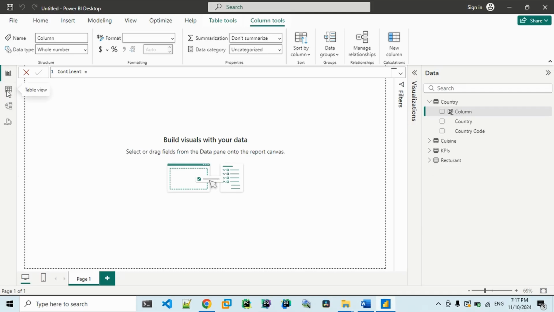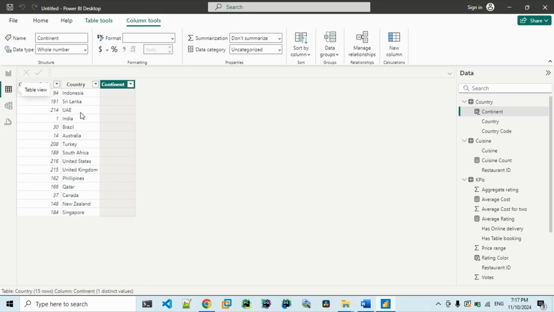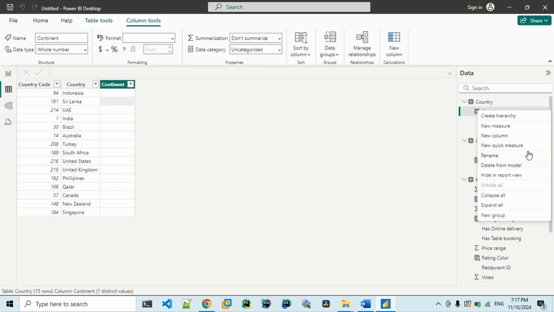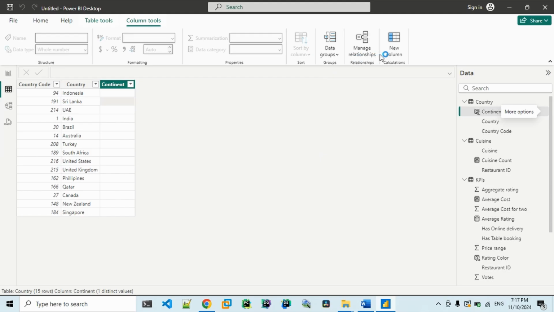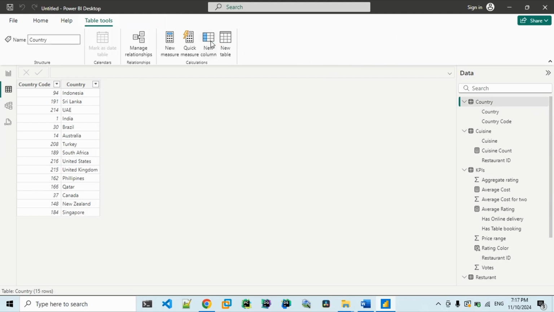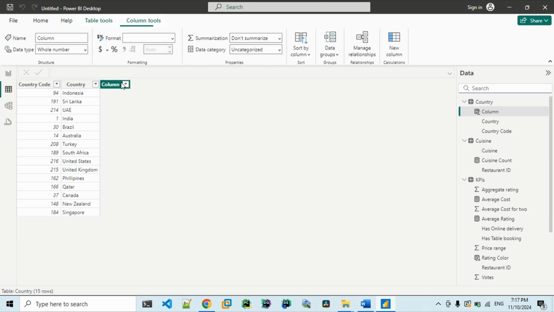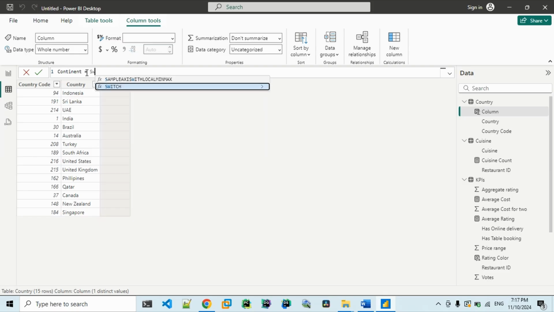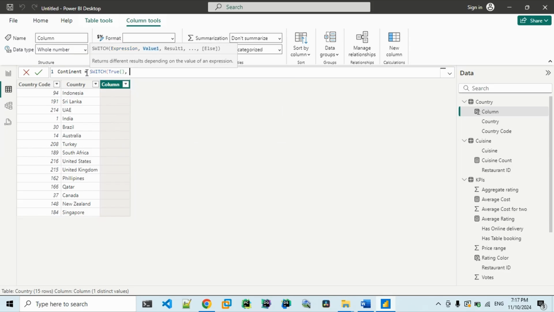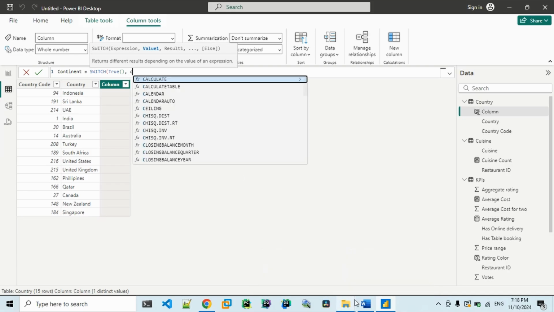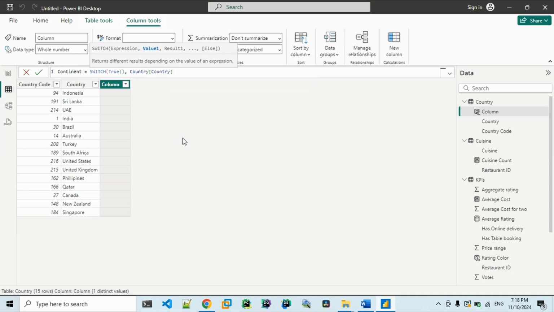So before going to that one, let's view the data. Table view. Okay, so double click here, and then let's delete and recreate. Delete from the model. Okay, new column, column name is continent, and there is a condition for it here as well. So switch true. Okay, and we require the condition. So the condition is country. So this is from the country table, right? So if country name is in